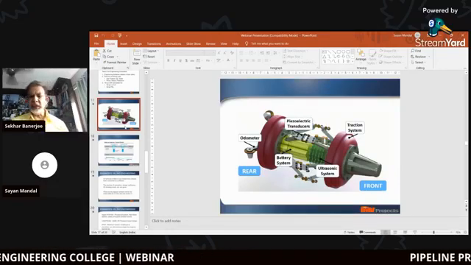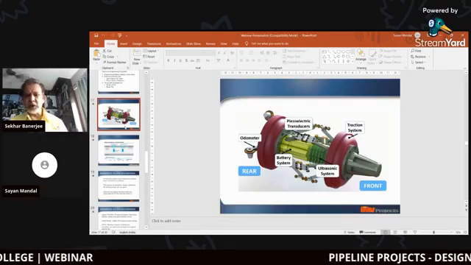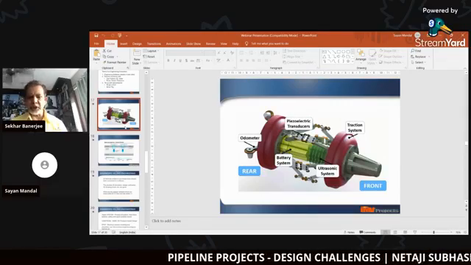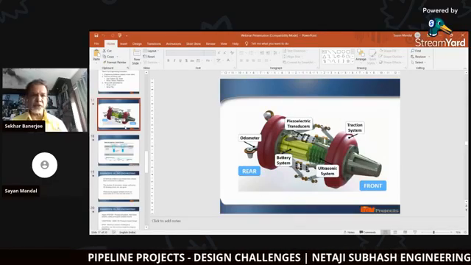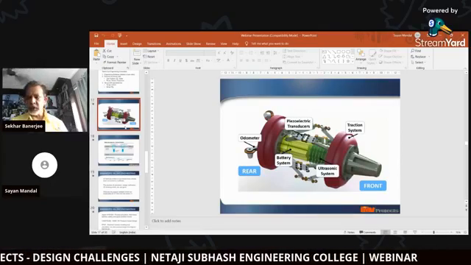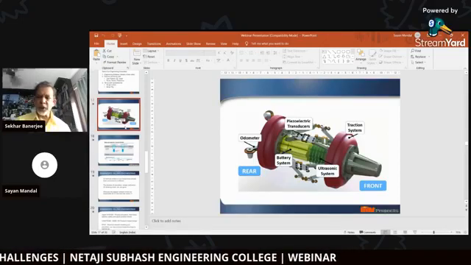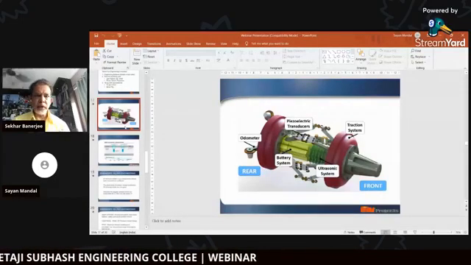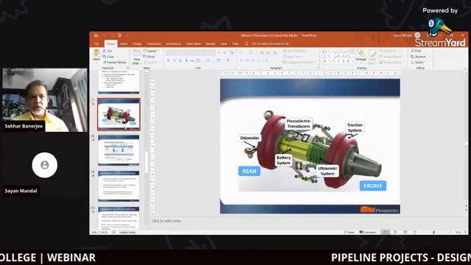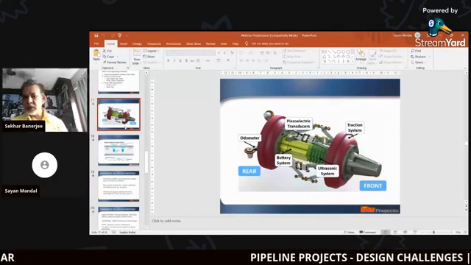We basically need to know whether the pipeline is corroded or not after some time, right? Within a couple of years, the pipe starts corroding from inside as well as from outside. But we need to know, in a 640 kilometer pipeline, where it is corroded and how we can plan the maintenance. So this smart pig